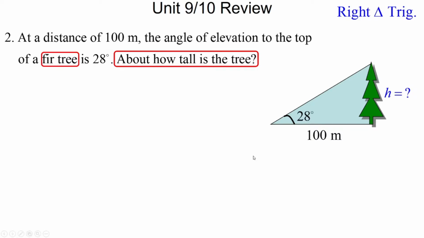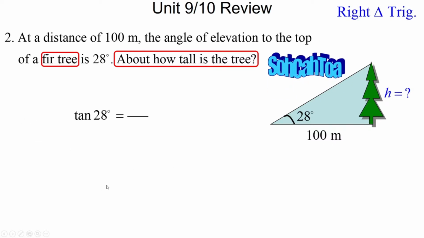Now, right triangle trigonometry. I'm looking for the side opposite my acute angle, and I'm given the side adjacent to the acute angle. Let's see, opposite to adjacent, SOHCAHTOA. Isn't that going to be a tangent of 28 degrees equals the trig ratio of the height of that tree